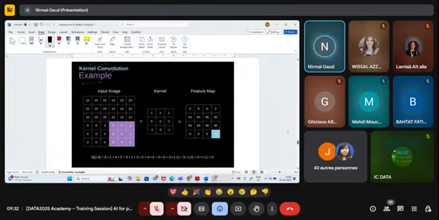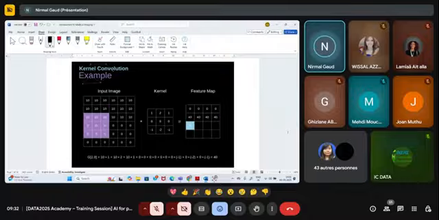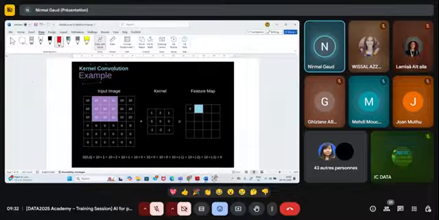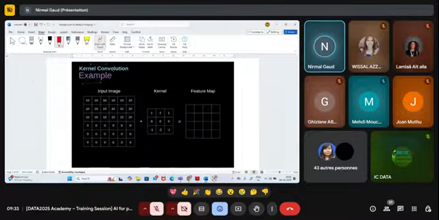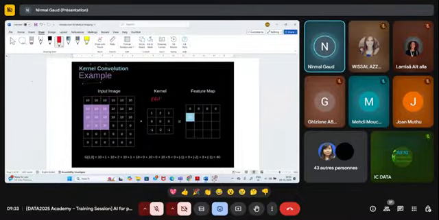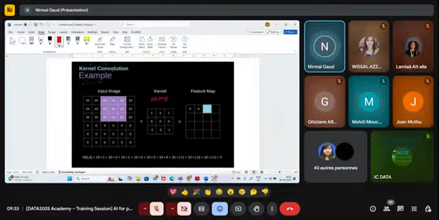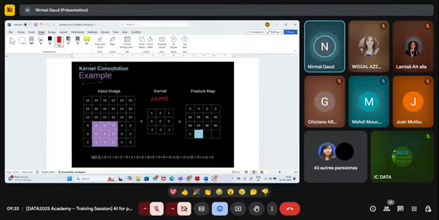Here you can see the working of convolution. If you have an input image whose pixel intensities are mentioned here, 10, 10, 10, and at the end 0, 0. This is the kernel or filter. You can call it either a kernel or a filter. This filter will operate over the image and there will be point-to-point multiplication.